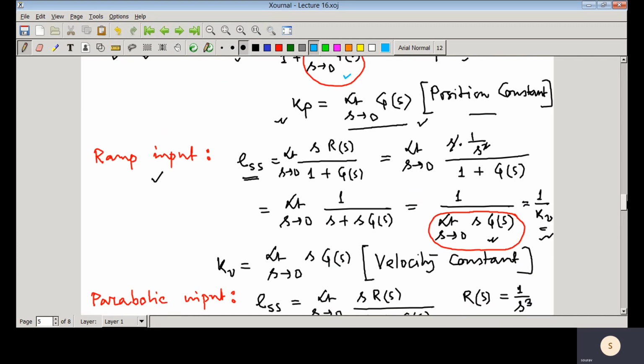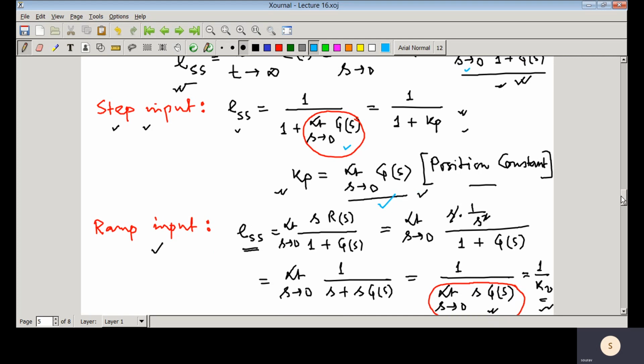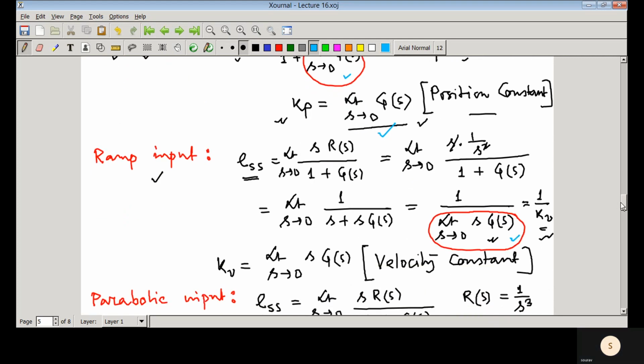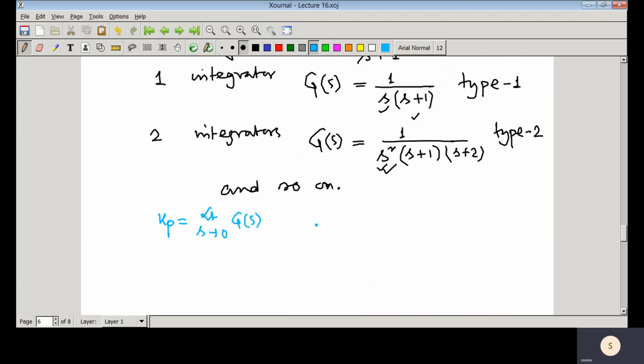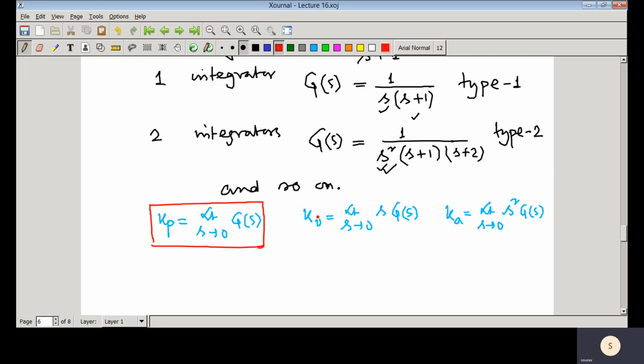We can see it here that Kp, Kv is limit s tends to 0 of sG(s), and Ka is limit s tends to 0 of s squared G(s). So Kv is limit s tends to 0 of sG(s), and this one is Ka. Ka is limit s tends to 0 of s squared G(s). So we have defined three constants,